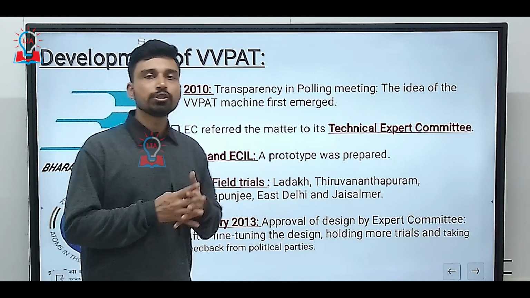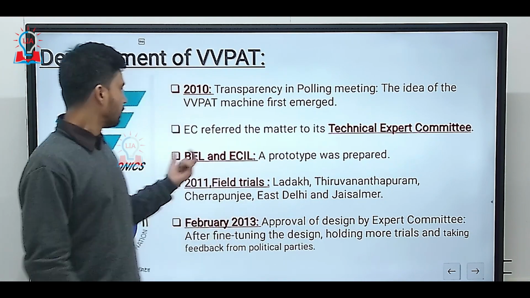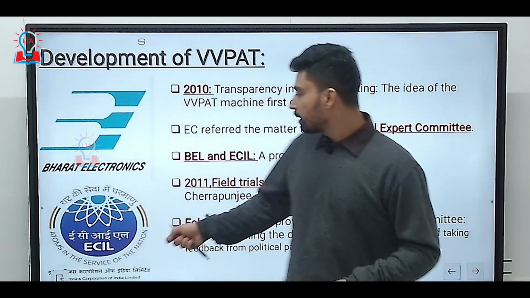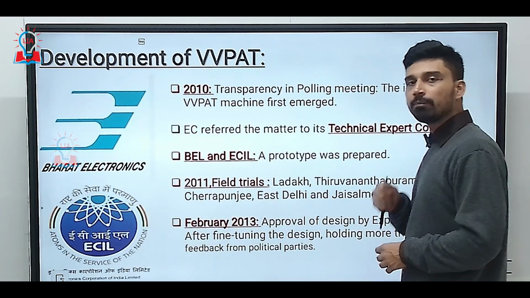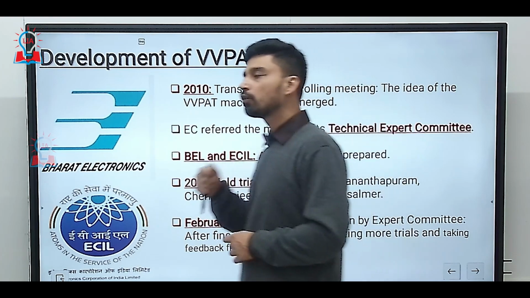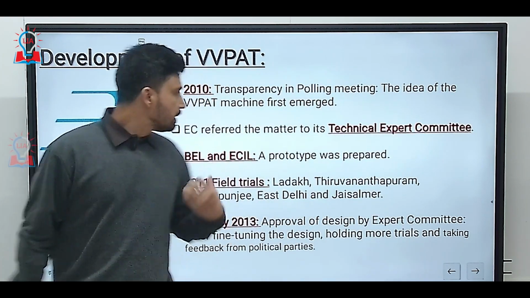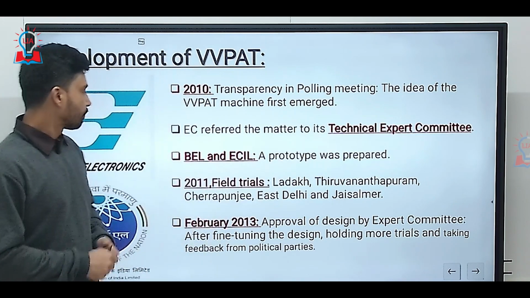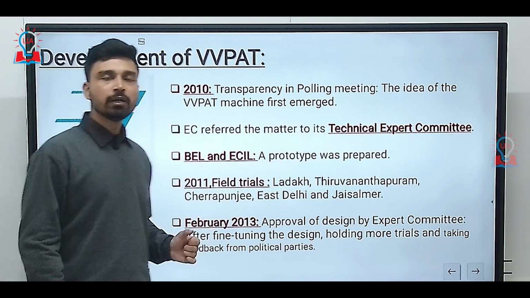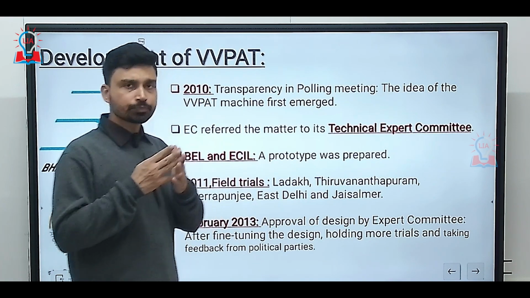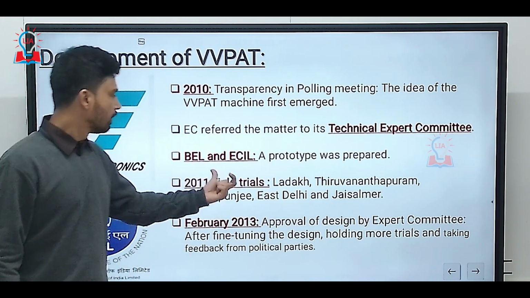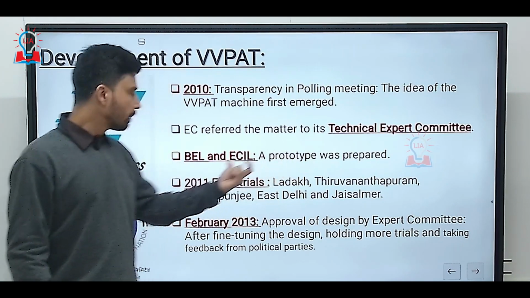Following the deliberations, two agencies, that is BEL, Bharat Electronics Limited, and ECIL, Electronics Corporation of India Limited, are the ones responsible for making EVM units, and that is why these companies were the first to come up with a prototype of VVPAT machines. Further, next year in 2011, once the VVPAT machines were constructed, or we can say a prototype was prepared by these organizations,